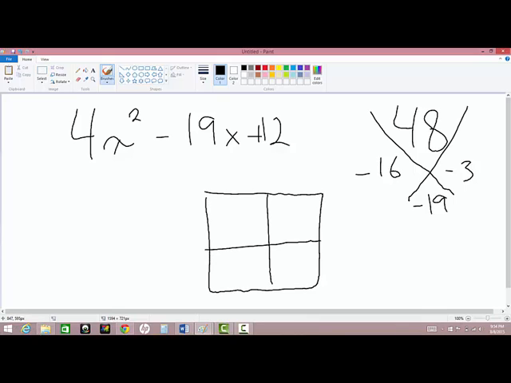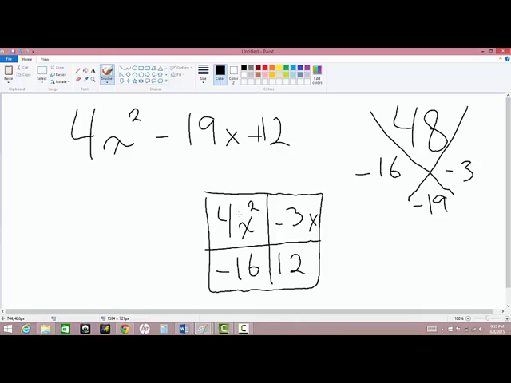So in the upper left hand corner always goes the original term, or the first term in the trinomial, 4x squared. The 12 goes in the lower right hand corner. And in the upper right hand corner we're going to go ahead and put the negative 3x, because it is an x term that goes there. Remember, the numbers over here, they just help us find out what the number is going to be. However, in the box in the upper right hand and the lower left hand will be x terms. And so now